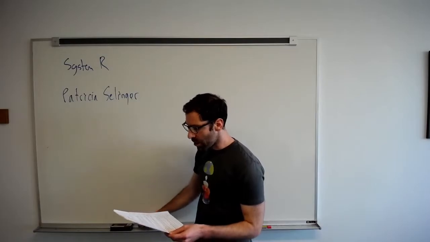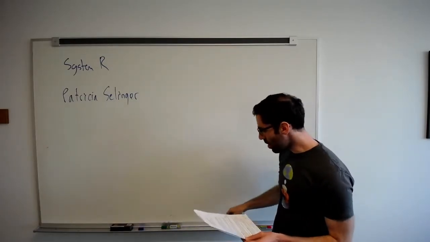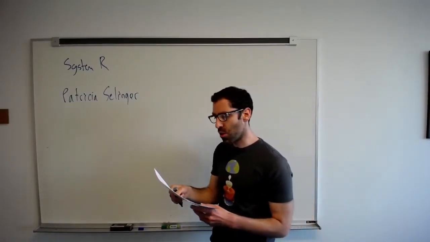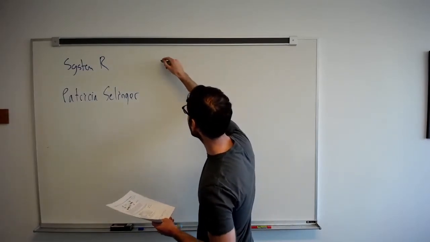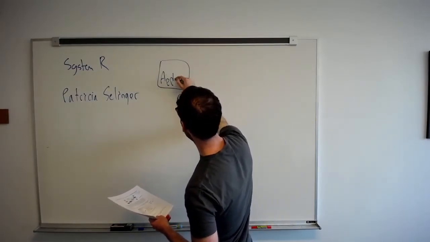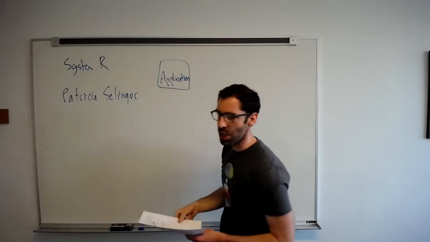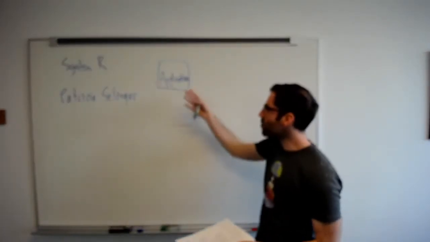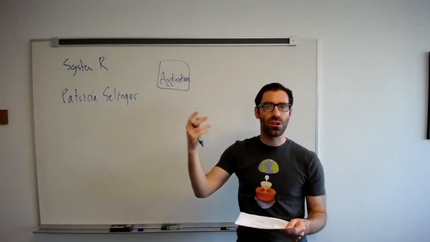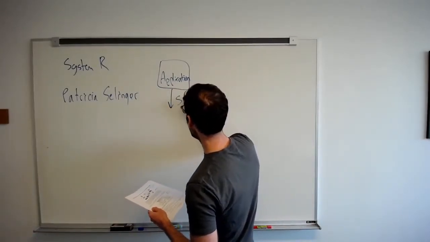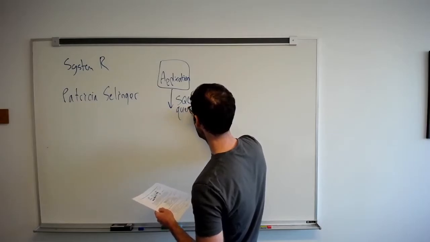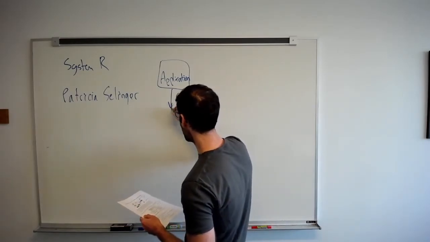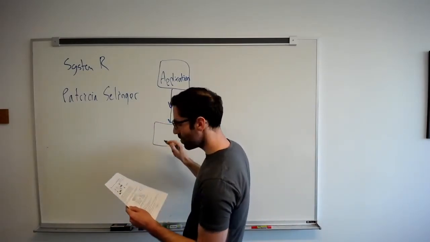So I want to lay out the big picture of how the query optimization and planning process is going to work. So we have some application. This might be a web page, a mobile phone app, whatever it is. This is what is generating our SQL query. So out of this application, we get our SQL query. And the first thing that this might encounter